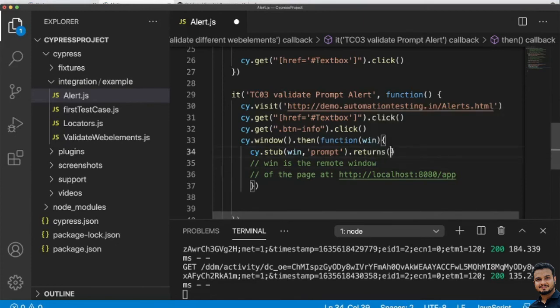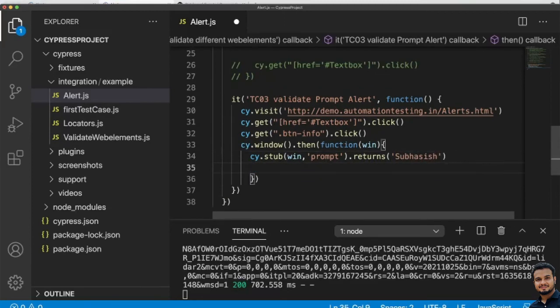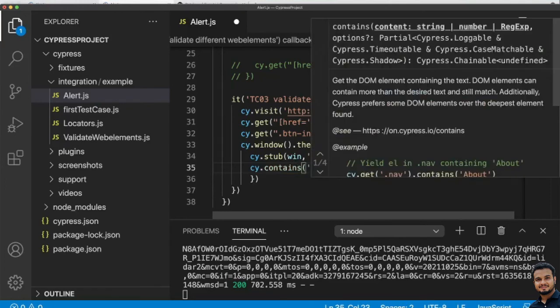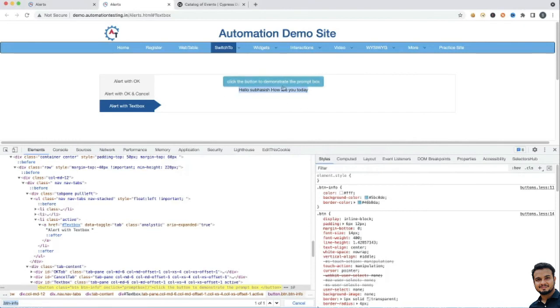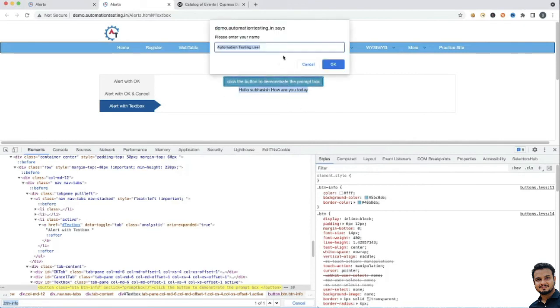For example, I want to write my name, so you can write Subhasis. Then it should be cy.contains. What should it contain? It should contain the exact message. We will go here and see what it should contain. If we click here, you can write here, please enter your name.